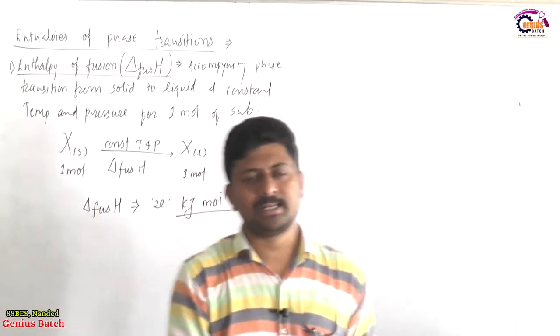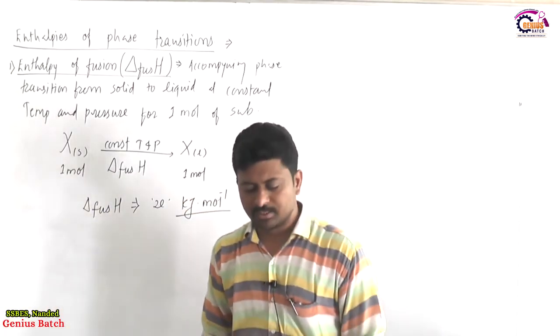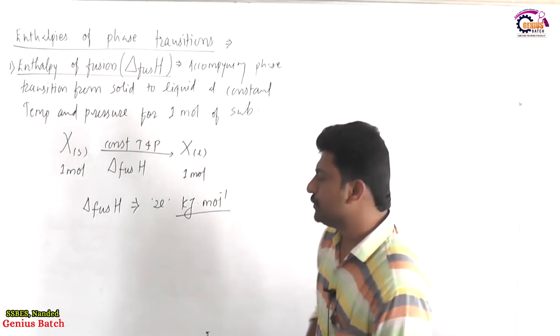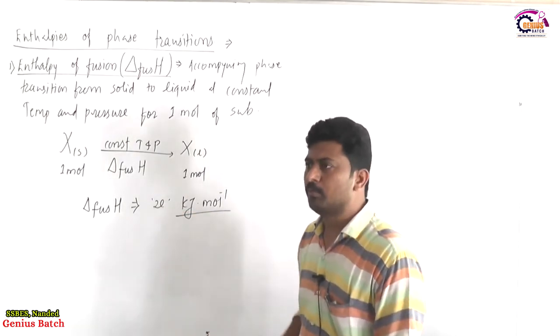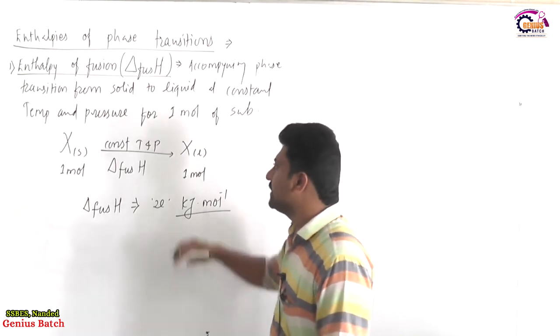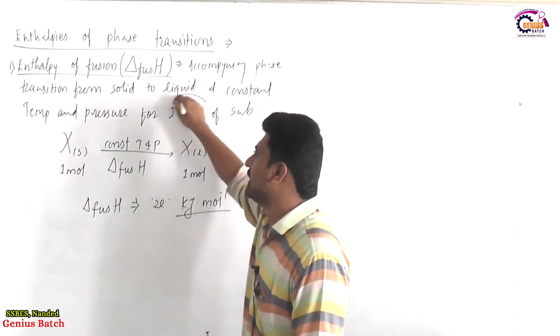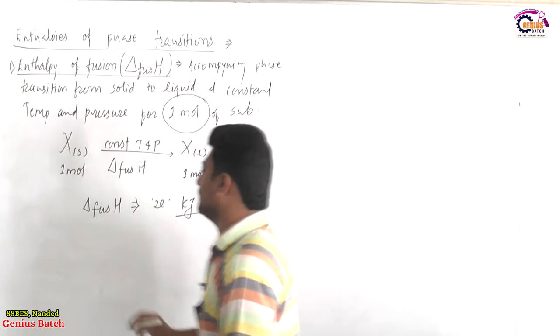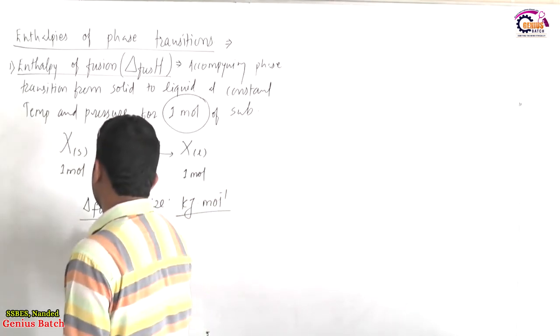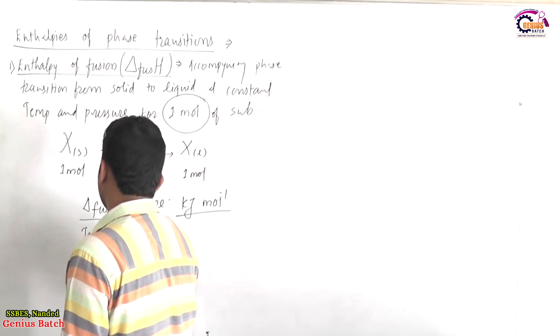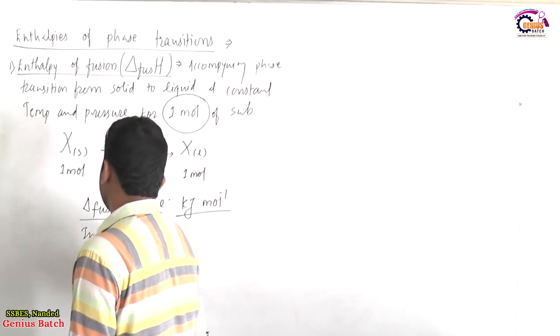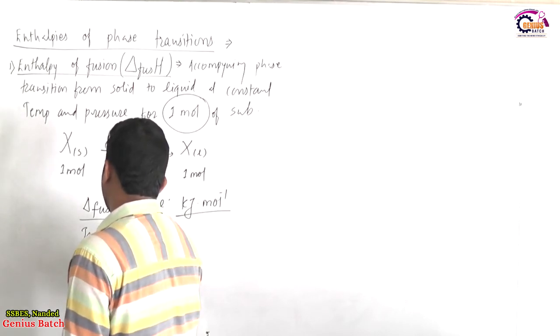Now when it is represented for 1 mole of that substance, it will be given in the unit kilojoule per mole. It is a certain X unknown amount. Now when we express enthalpy change for a specified 1 mole, then enthalpy of fusion as a characteristic will become an intensive property. So it is an intensive property.